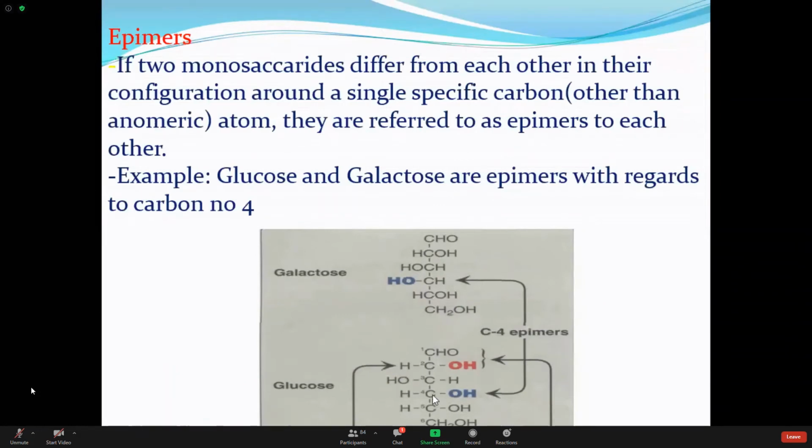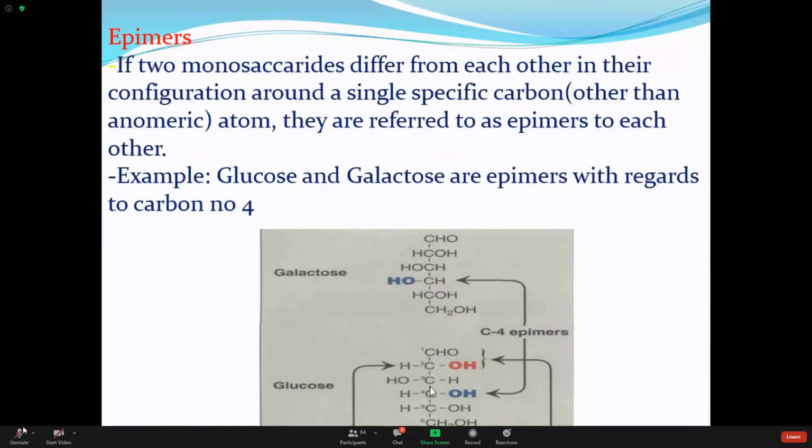Come to the fourth carbon. Here, OH on your right-hand side, H on your left-hand side. But here, H on your right-hand side and OH on your left-hand side. So this is the difference. Yes or no? This is the difference I am noticing in carbon number 4. Carbon number 5, no difference. Carbon number 6, no difference. So these two structures are different only in respect to carbon number 4. Am I clear?